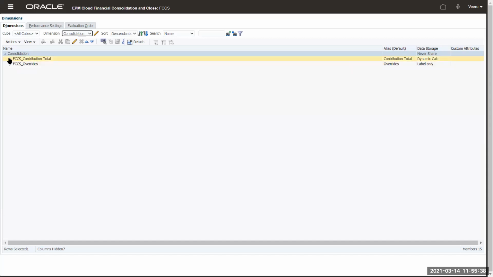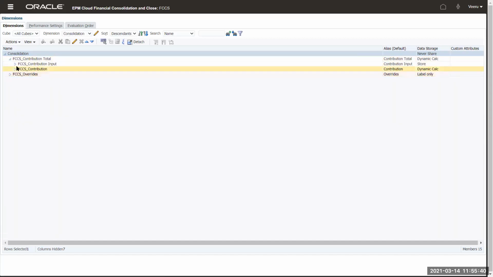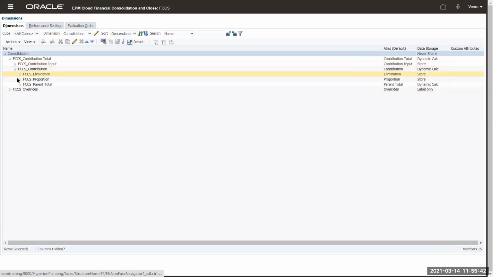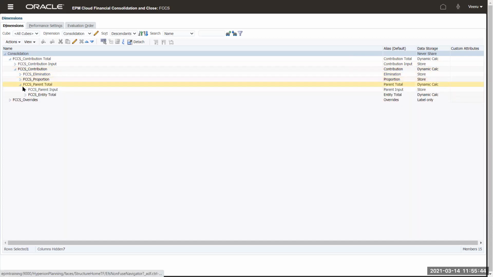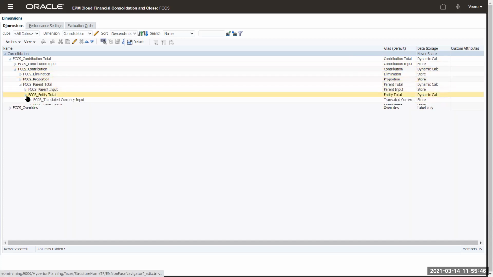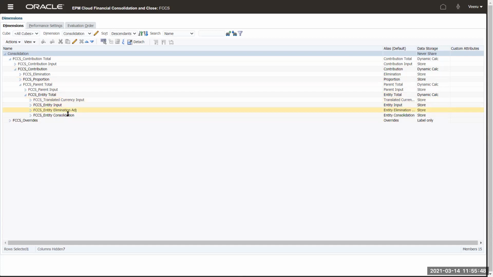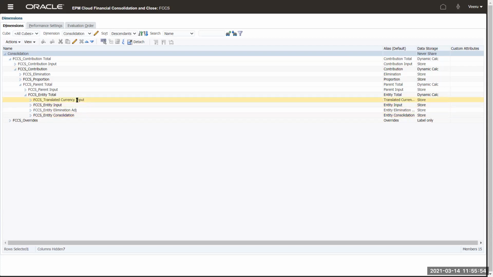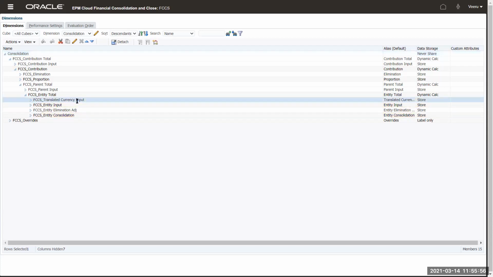In the consolidation dimension, you have different members, and depending upon the application feature that you have enabled in yesterday's class, you'll be able to see certain members here, or you might not be able to see. So remember this option called translated to currency input.